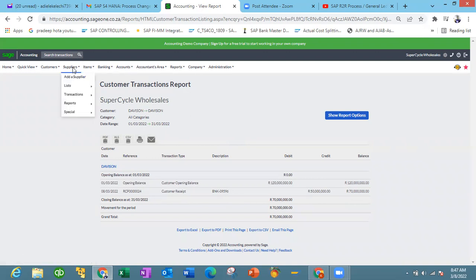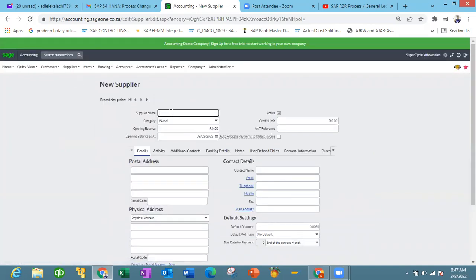The same thing applies to a supplier. If at the end of the year, or you want to migrate into SCB and you have liabilities that are due, at the point of creating that supplier, you can also add its balance and make payment to him if that is necessary. So let's say our supplier is next door here. You can also give this under the category. At the point of migrating, we had 6 million